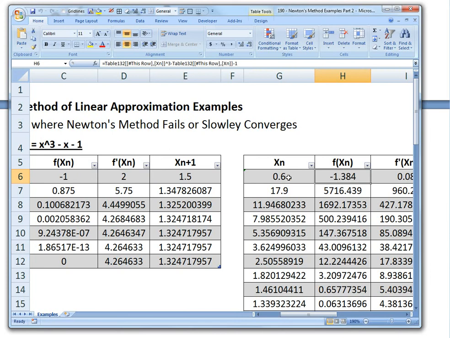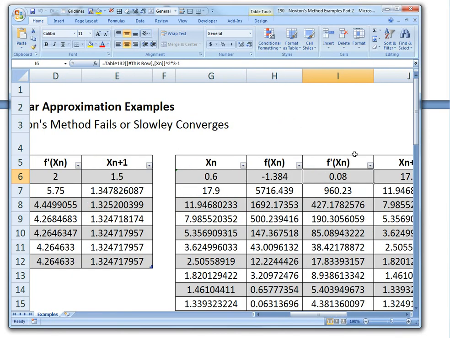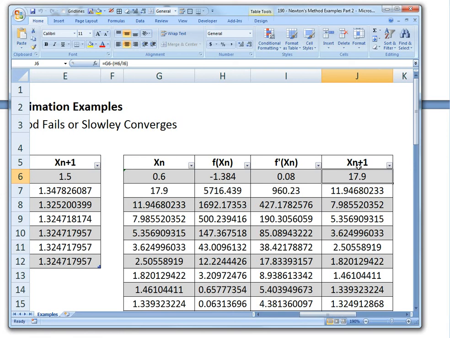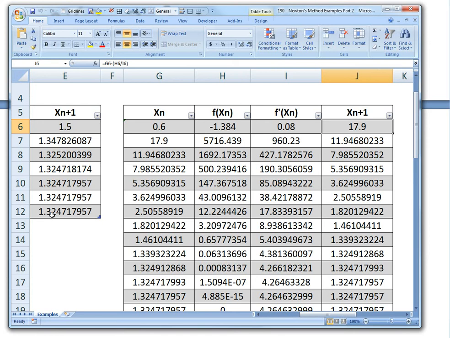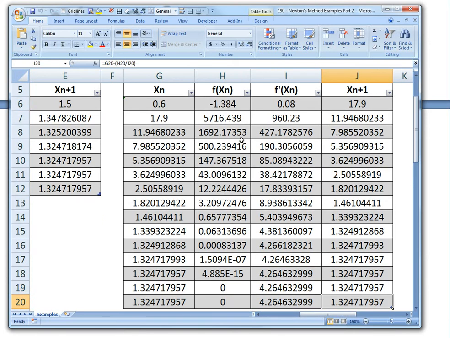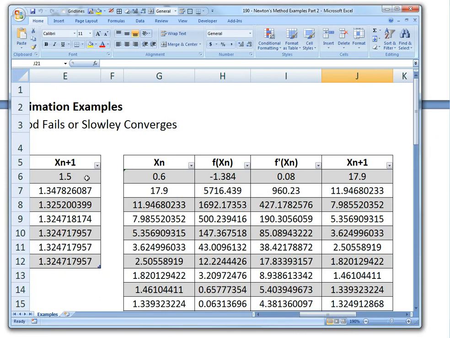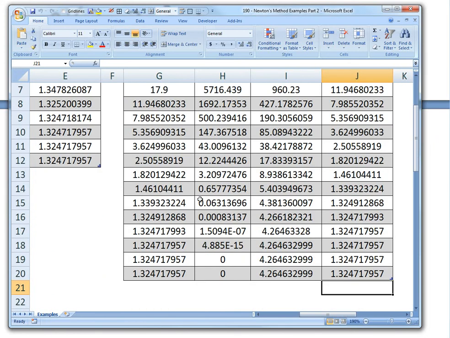But if I put xn equal to 0.6, you can see that the next value, x2, is going to be 17.9, which is much further than this 1.34, which is the root. And then it takes much longer to get there, more than double the iterations it takes before it starts getting to 0. So then it gets the same value here,